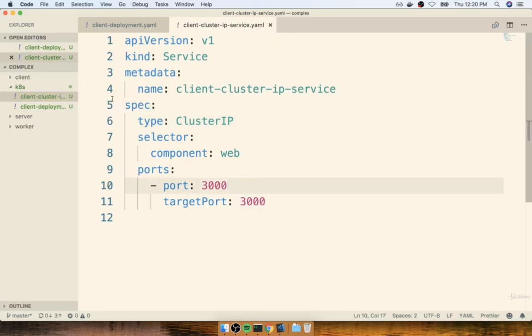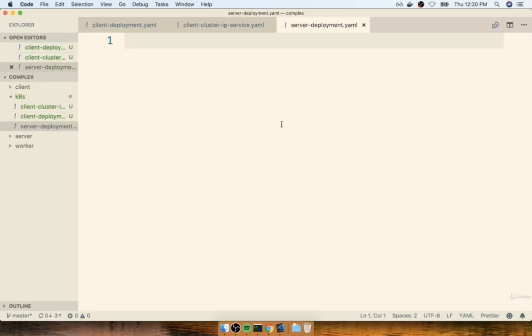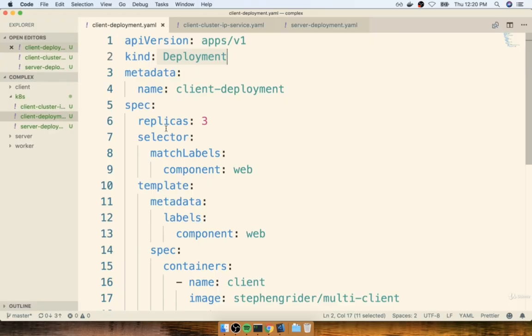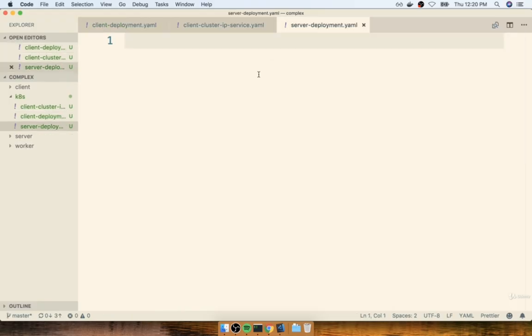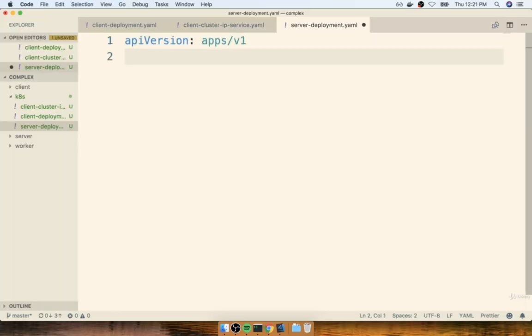I'm going to flip back over to my code editor. Inside of my K8s directory, I'm going to make a new file, and I'm going to call this server-deployment.yaml. And then inside of here, we're going to put together some configuration that's going to look very, very similar to what we did in our client deployment just a moment ago. So we're again going to say API version, apps v1. We're going to have a type of deployment,